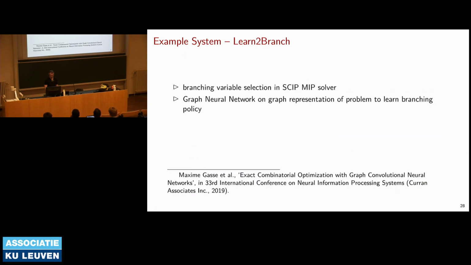Here's a more recent system. It's a somewhat sparse description here, because this is using graph neural networks to solve mixed integer programming problems better by choosing variables to branch on. Again, if you're interested, we can talk about this in a little bit more detail, but here's really just a